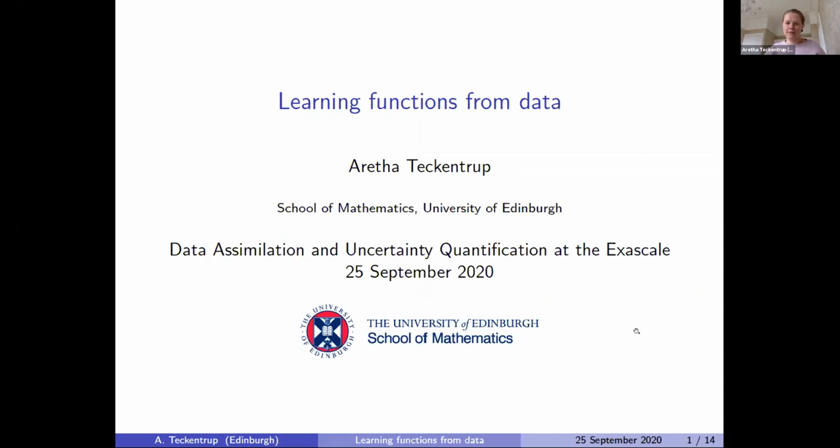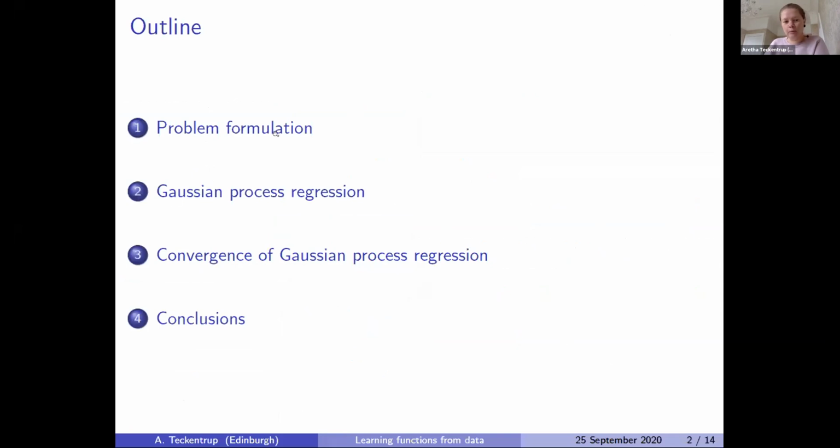So thanks for the introduction and thanks for giving me the opportunity to speak here. So what I want to talk about today is learning functions from data. That might sound a bit mysterious at the moment, so I will explain what I mean by that. The outline of my talk is quite simple. I'm going to start by